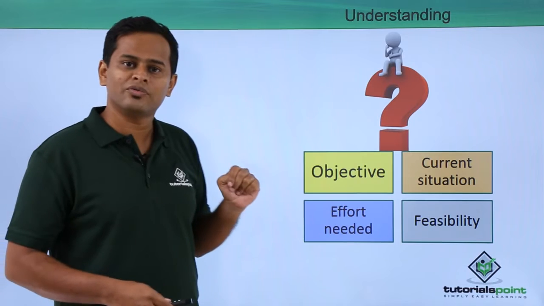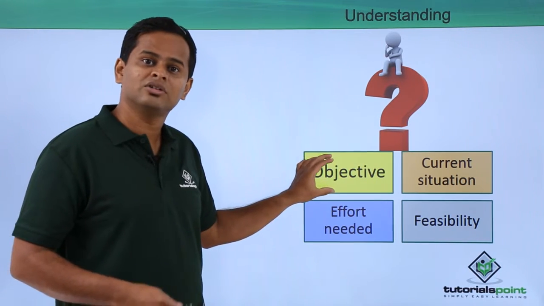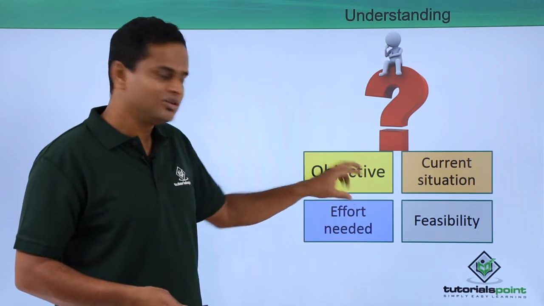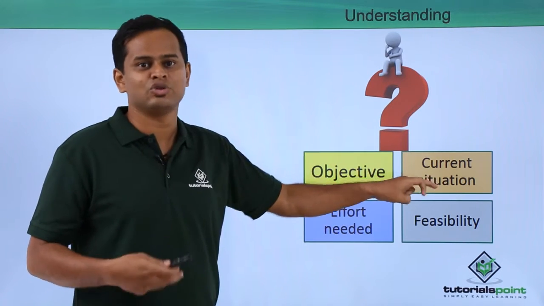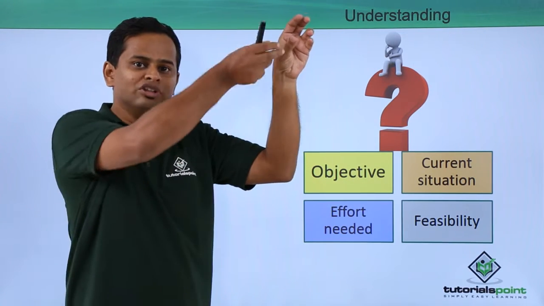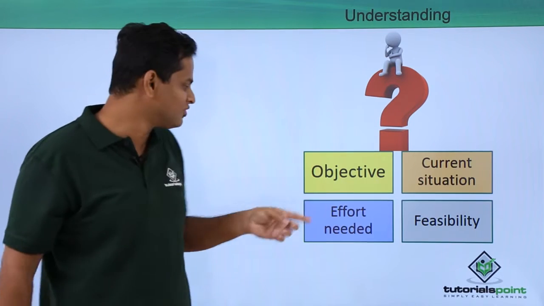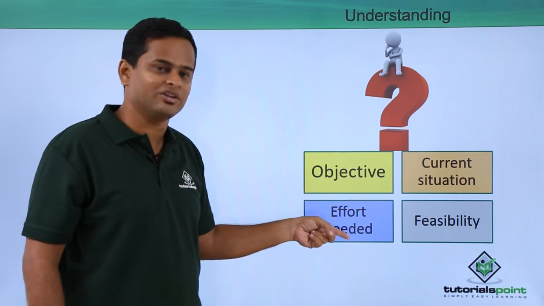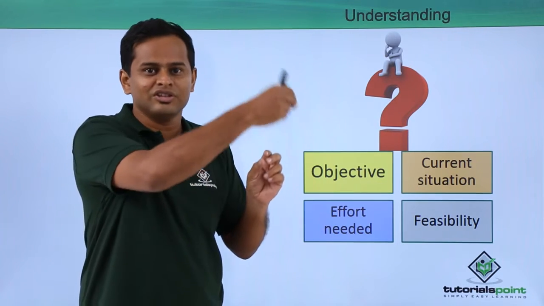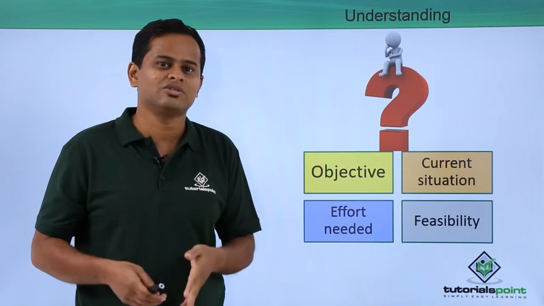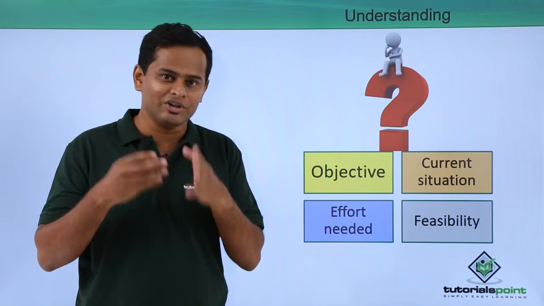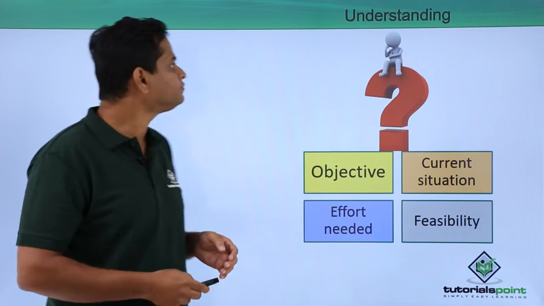From the understanding point of view, first we need to understand the goal or the objective. What is that we want to achieve? In that, when we measure, we will understand the current situation where we are. We want to go here and right now where we are. And to move this particular distance, there may be certain risks. We need to understand the efforts needed. And finally, is it really feasible? Maybe there are various risks in this particular path which makes it non-feasible to achieve this particular objective. So these are all the things we need to address and we need to manage.